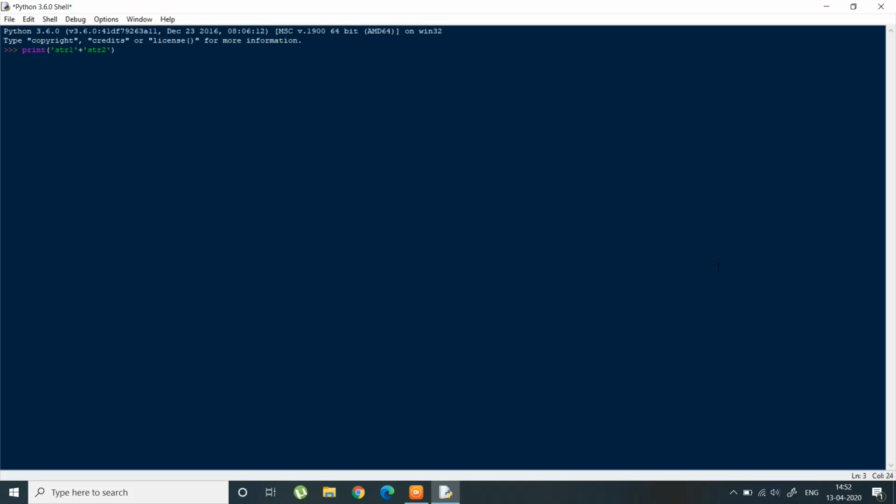It will add both the strings and then print the output. Here you can see that there is no gap between them. If you want a gap between them, you have to place a space in here and then write the string. So this is how you can put a space between these strings.